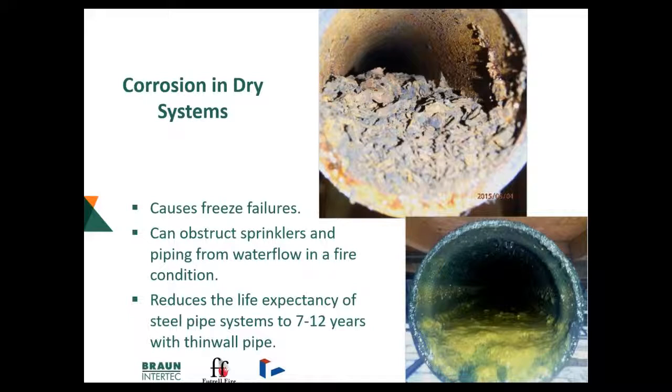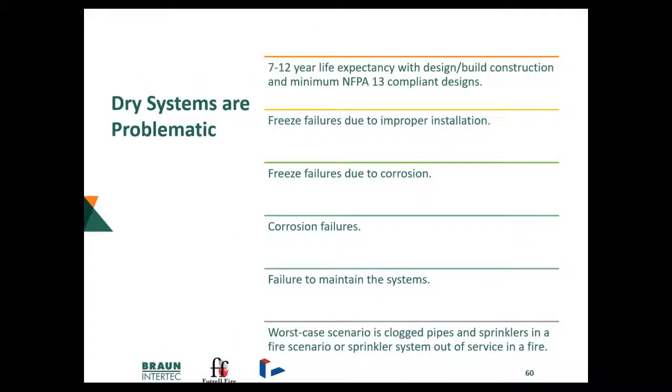So as a design team, as an architect, as the engineers, if you've got contractors on board, you've got to look at what's the best option for the owners. And design build is not necessarily the best option for the owner when we're talking about the problems that we are discussing in this webinar. Not just the sprinkler system problems, but how do we overcome them? How do we avoid them? What are our options? 7 to 12 year life expectancy I'm seeing with the schedule 7 to 10 dry systems,